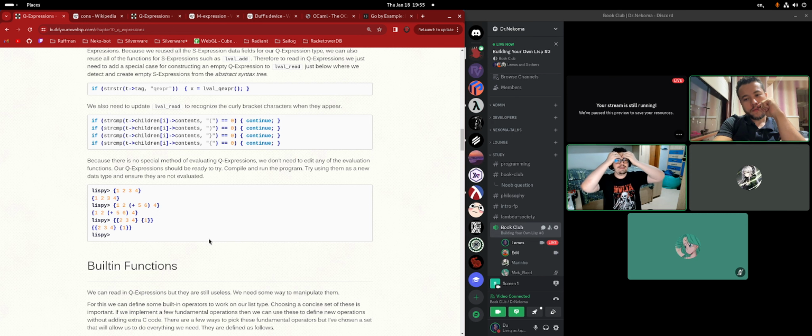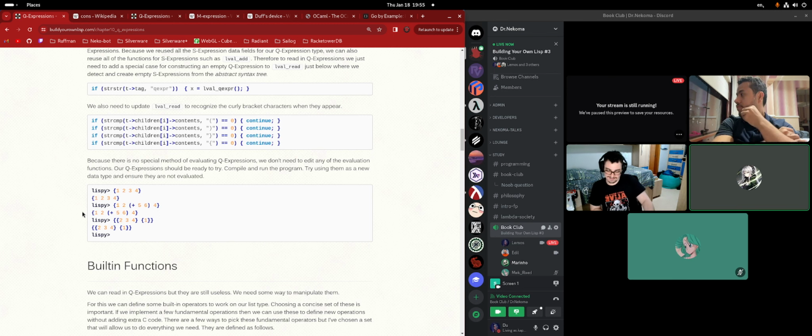Because I am confused. Is this the list that creates a list, or is this the list where I need to put the list keyword within the parentheses to make the list? I don't remember. I don't care. Actually, there's a difference between using the single quote and using the list keyword. Which difference is that? I have no idea.